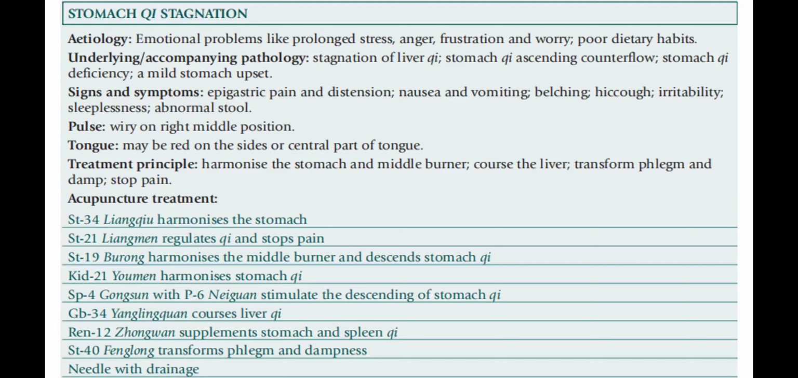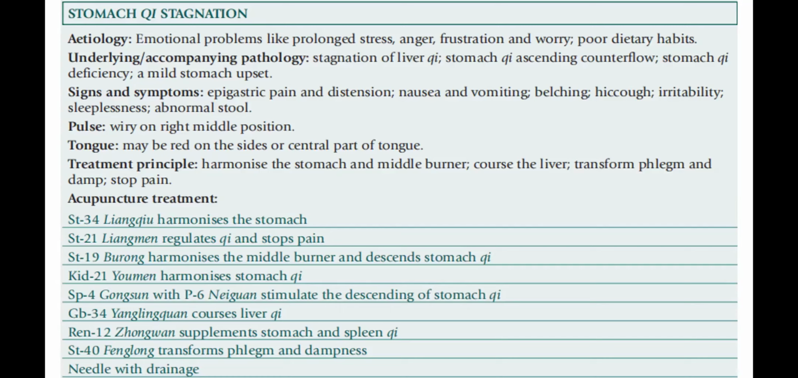For the treatment principle, we harmonize the stomach and middle burner. Of course, we also transform phlegm and damp and stop pain. For the acupuncture treatment, we can use Stomach 34 to harmonize the stomach, Stomach 21 to regulate qi and stop